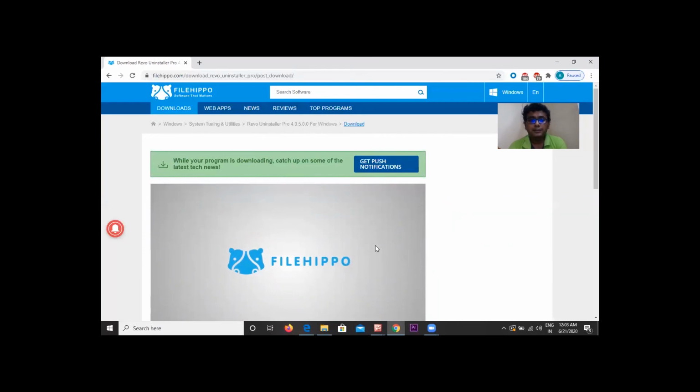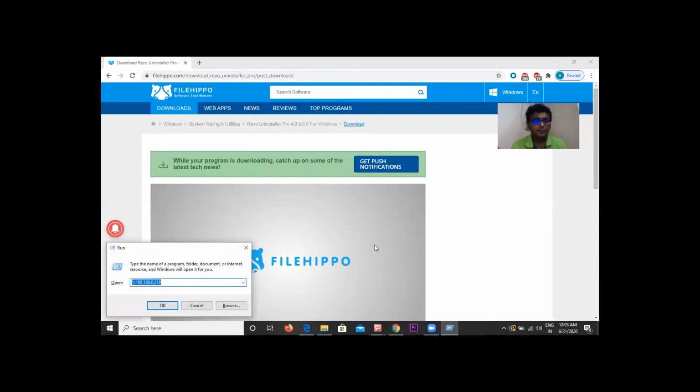The second way is what you'll have to do. Look at the keyboard. You need to press the Windows key and R. Press these two keys together at the same time. The run box will appear on the bottom left hand corner.